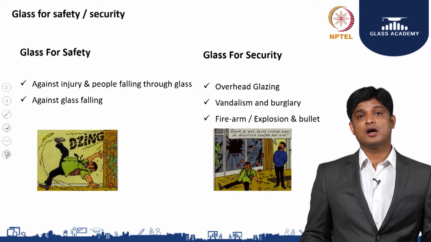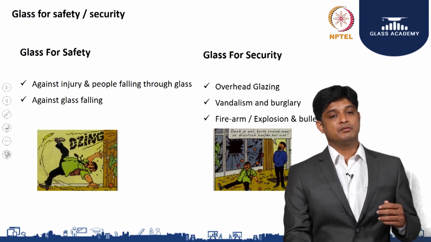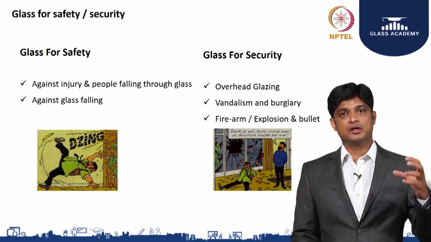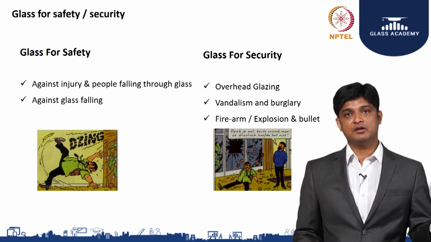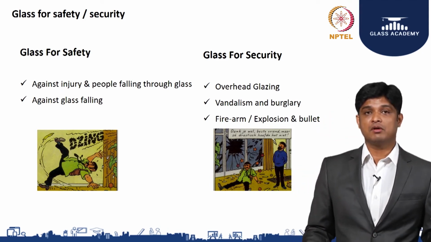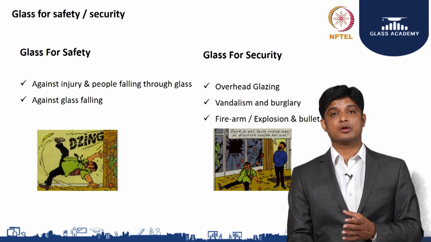So the third, or the last, portion is where, once you know the basic structural requirement, you have to test it as per the current wind speed. Then you have to select the product on performance, and the important one is how to design the building for safety and security.